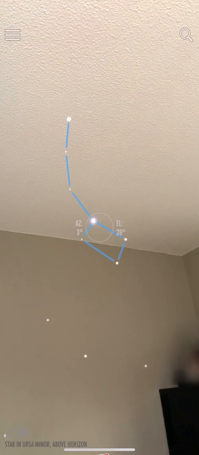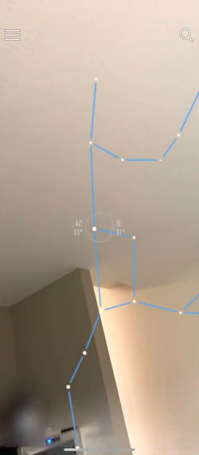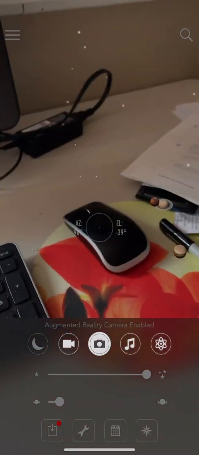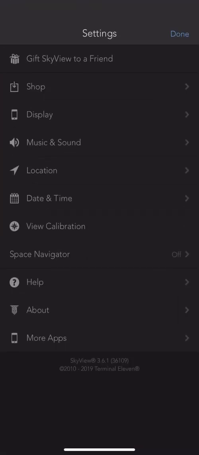And it still has the stars. So going back to where we were before, in wherever you are, there's the Little Dipper, there's the Big Dipper and Ursa Major and all that. And if we turn off